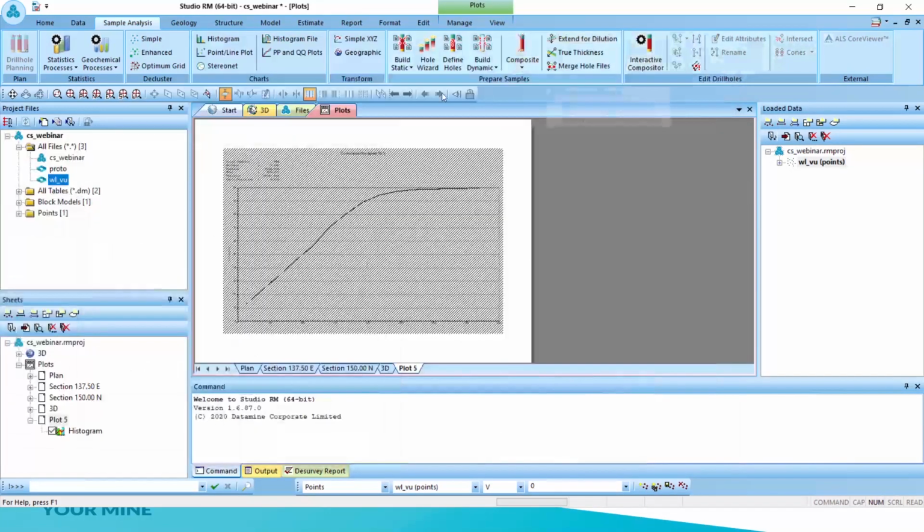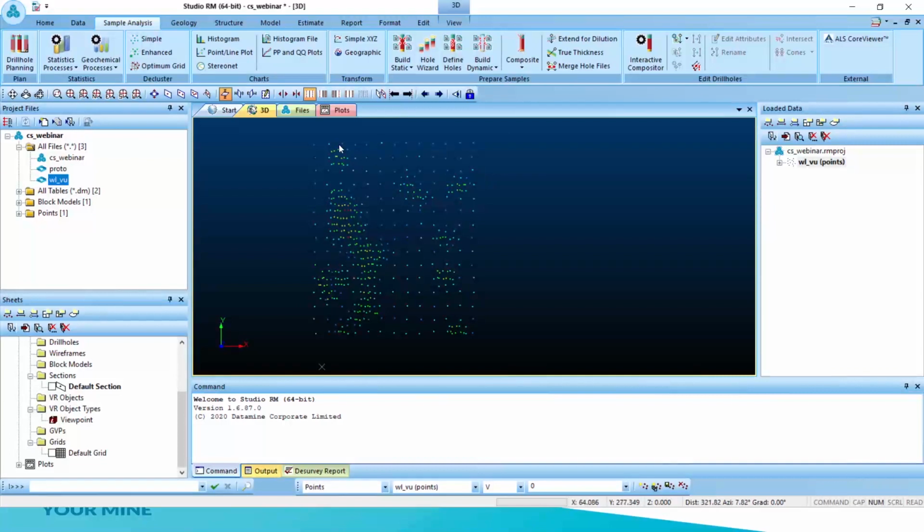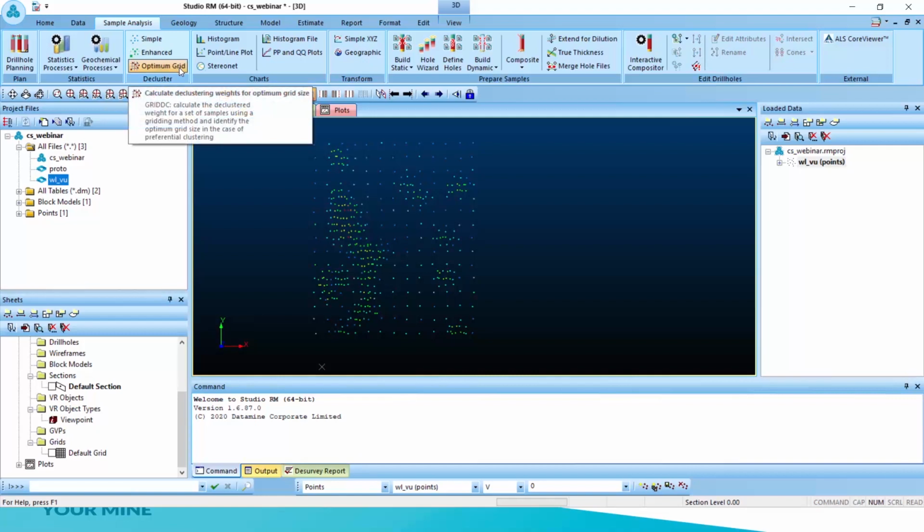So as you can see, we have some preferential sampling here in that region. And so in this case, we need to consider the declustering weights. So for doing that, we need to calculate them. There is a process here